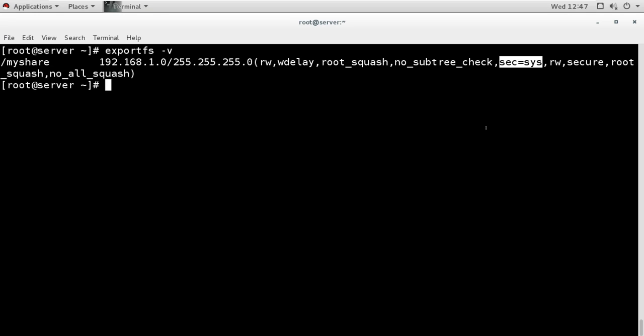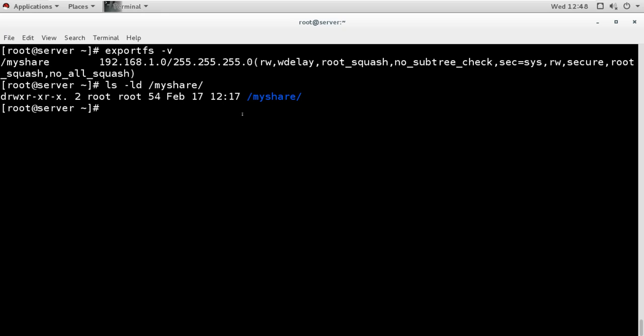Remember, because in the export file we don't have an option to mention a username, the permission for the users is controlled by the normal ACL permissions of the directory. When we check the ACL permission of the directory which we shared, it says the owner is the root user, the group owner is also root, and only the owner can do read write.